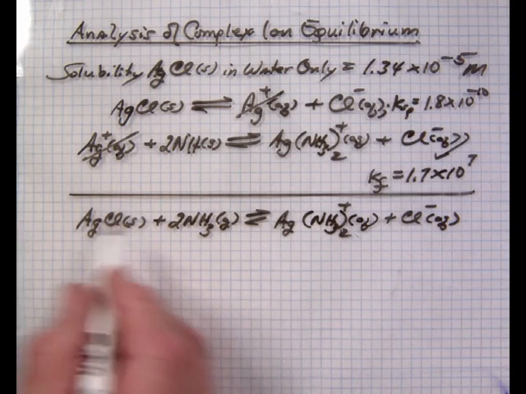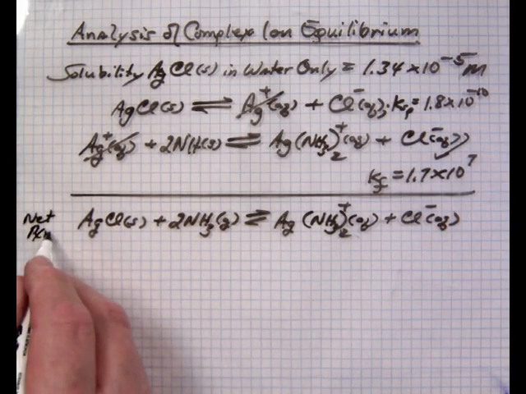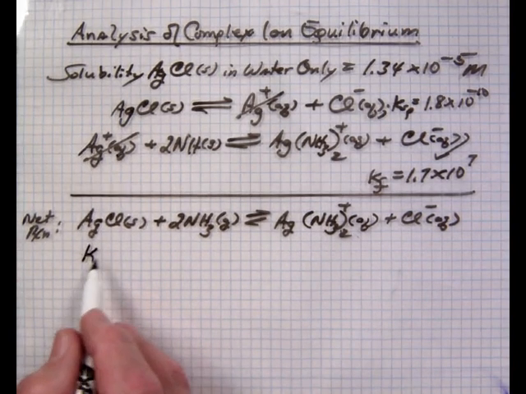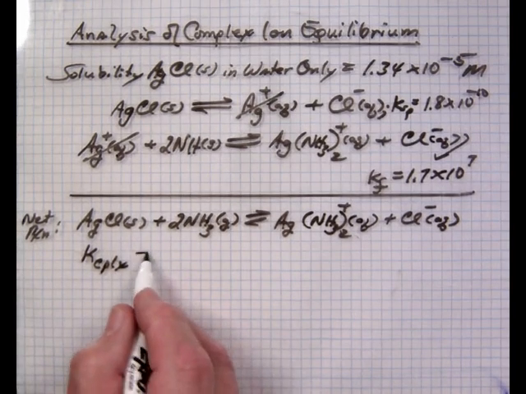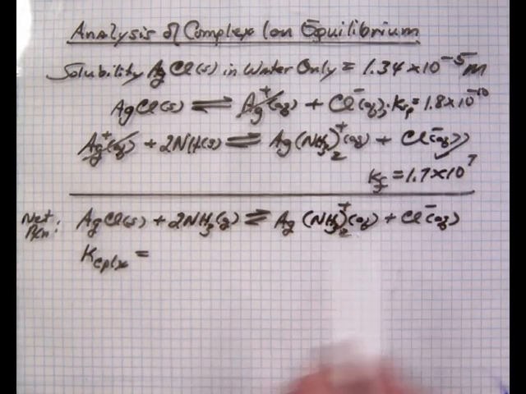This is of course your net reaction, and to get the K complex, that is of the net reaction, it will be the KSP times the KF,